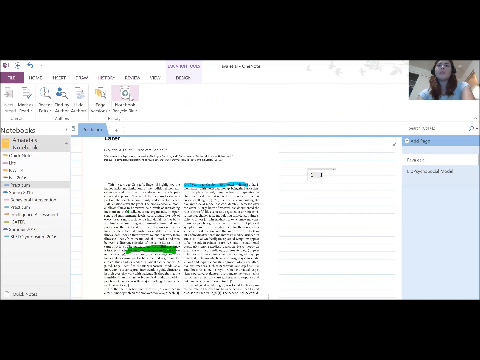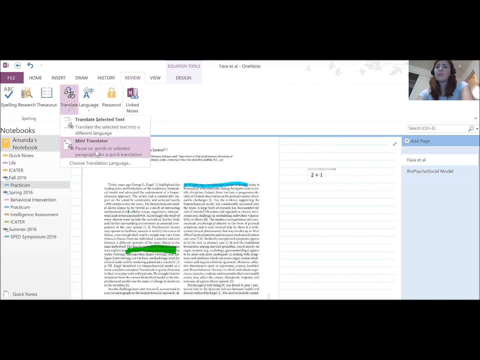We've got a few little tools. I won't go into the history things as much, but just some classic things for tracking edits, finding authors. And then, of course, we've got some nice reviewing tools for spell check. That's always nice, especially for our students who struggle with reading and writing. Some thesaurus options. Translate, really handy for our English language learners, and also for students who maybe are learning a